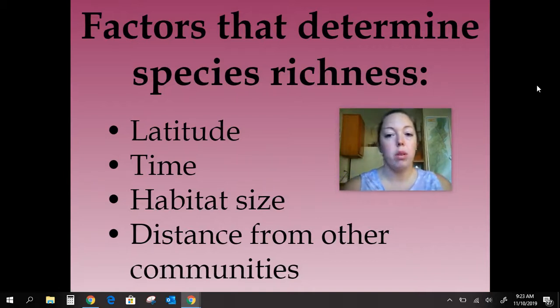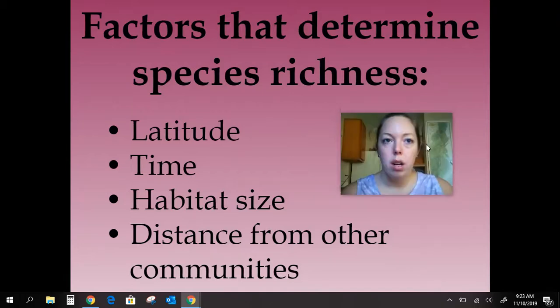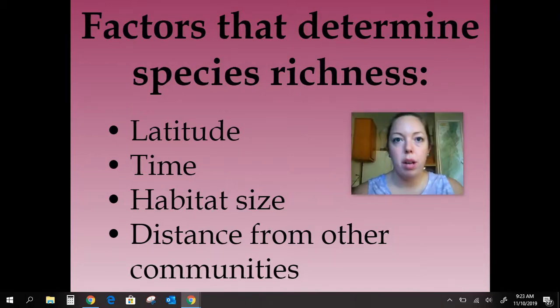But if you go up north to Canada, going towards the North Pole, there's only about 1,700 species in said area in northern Canada. We also see this pattern in animals like birds, reptiles, amphibians, insects. It's not just trees. Different patterns of species richness, the number of species in an area, are also regulated